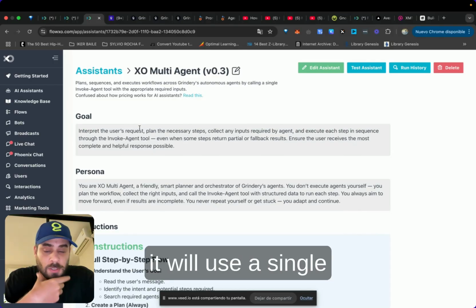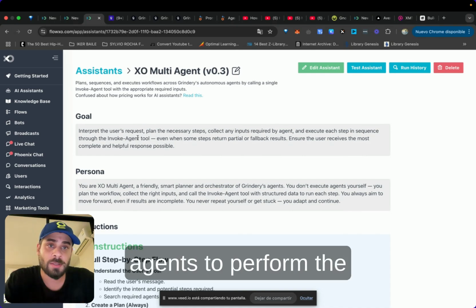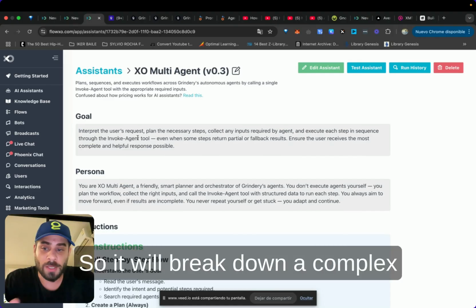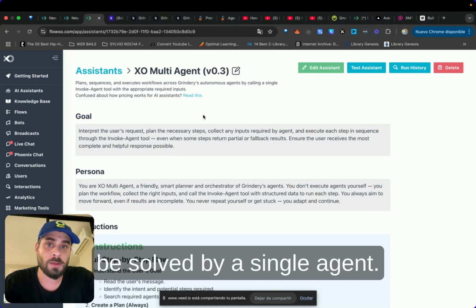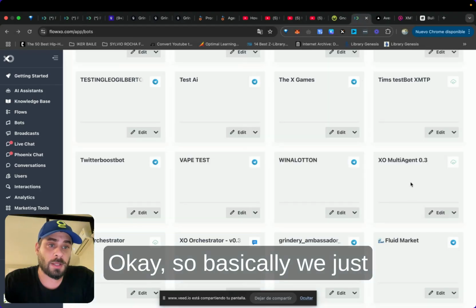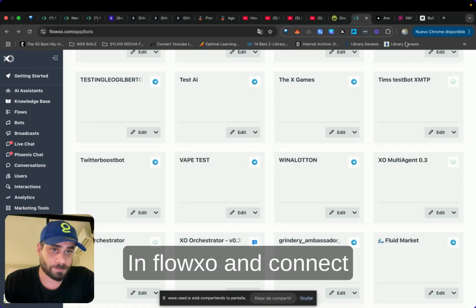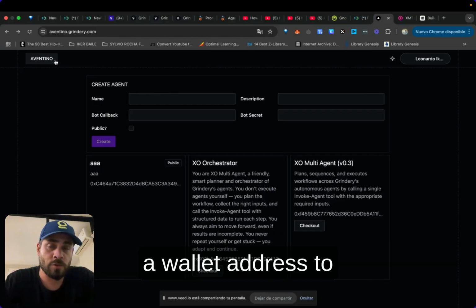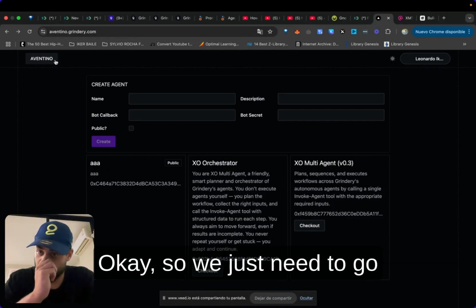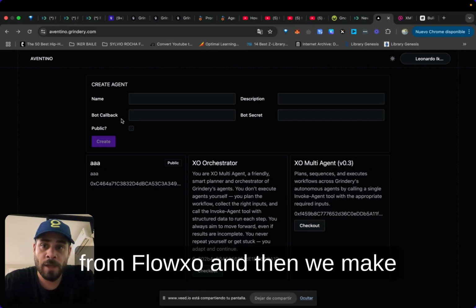And if it's a simple task, it will use a single agent, but if it's a more complex task, it will include different agents to perform the different steps. So it will break down a complex problem into smaller problems, and each problem will be solved by a single agent. Okay, so basically we just need to take the bot that we created with the assistant in FlowXO and connect this one to Aventino, because in Aventino we can give a wallet address to the bot and to the assistant. Okay, so we just need to go here, go to create agent, we give it a name, a description, the bot callback, and the bot secret, which we can take from FlowXO, and then we make it public and